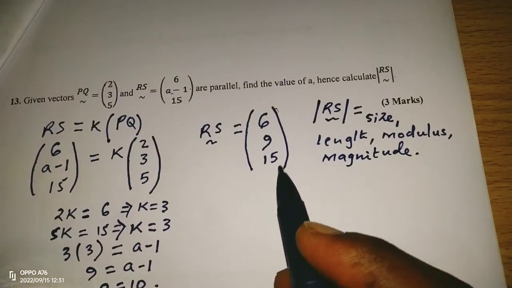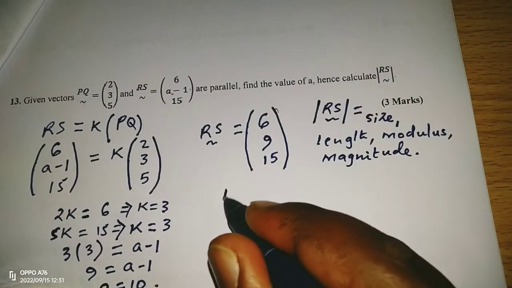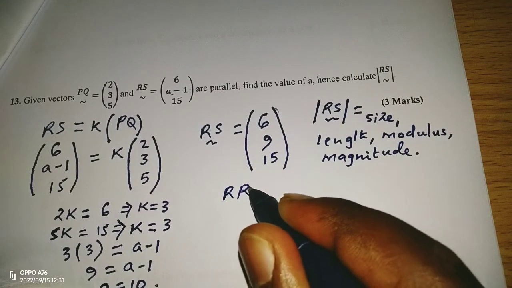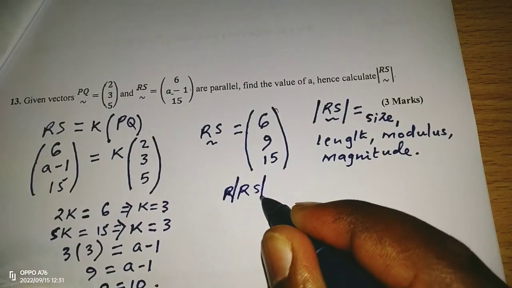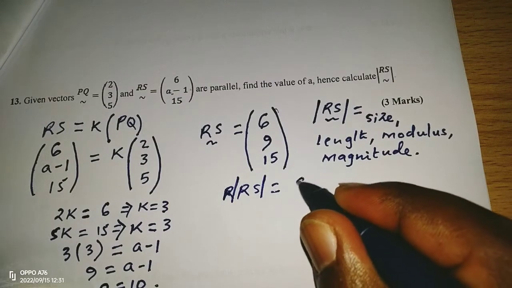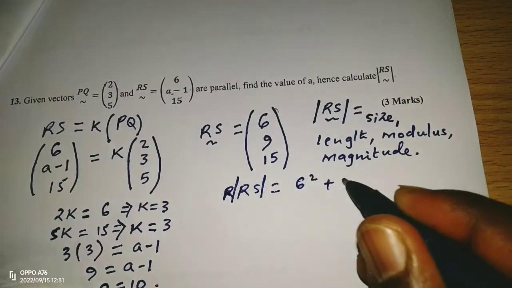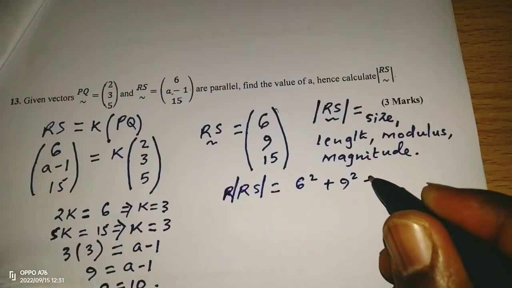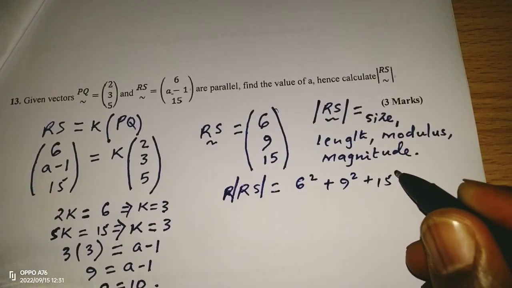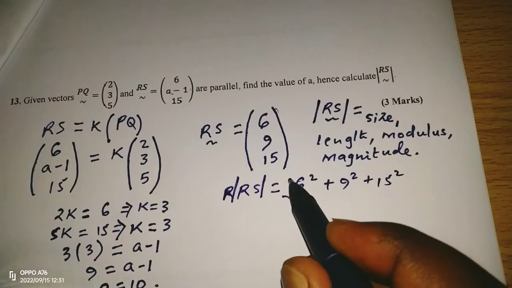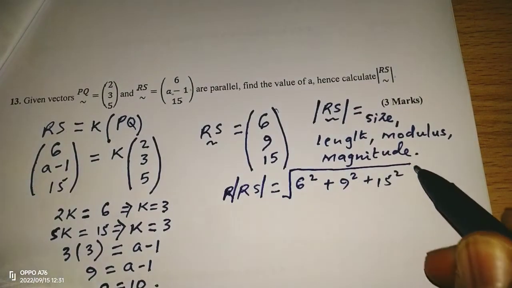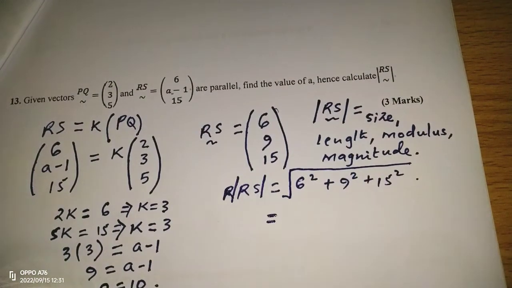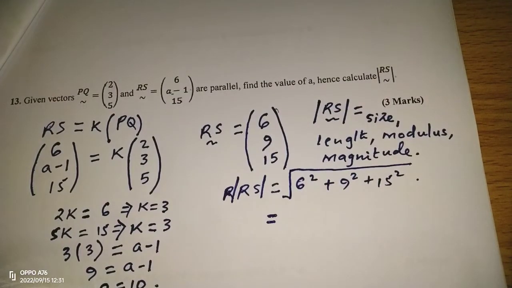For us to get the magnitude of vector RS, we take the x component squared, the y component squared, and the z component also squared, then take the square root after adding all the squares. Therefore, we need 6 squared plus 9 squared plus 15 squared. This gives us